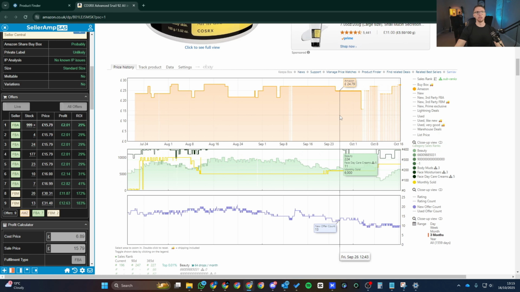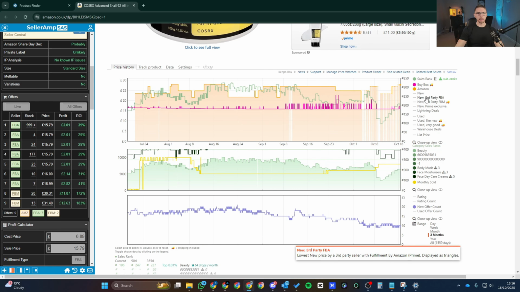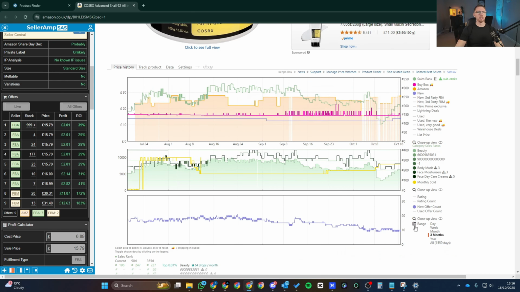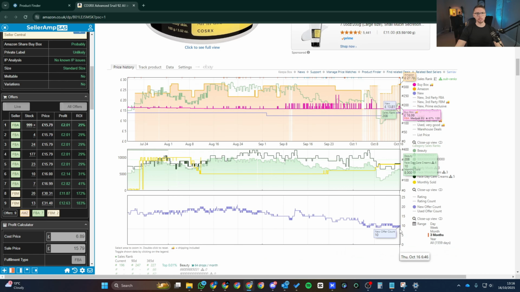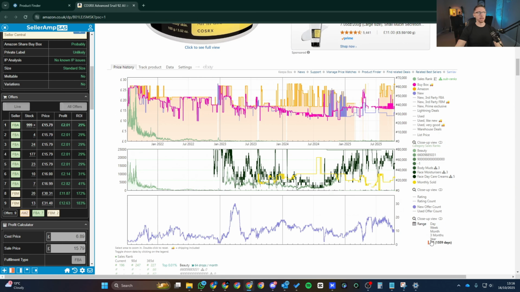And if I double click, it just brings the graph back to normal. You can click and drag to zoom in and do more analysis. So let's just add those back. We can get a really good understanding of what's happening on this listing by this graph. These are the sellers on the listing. So if I go to all time, I can actually do an analysis on this product, and I can see